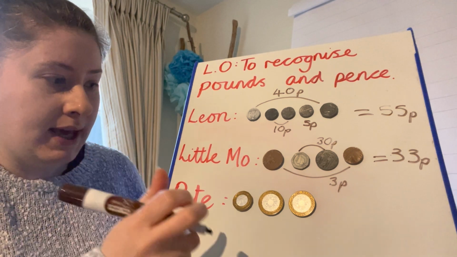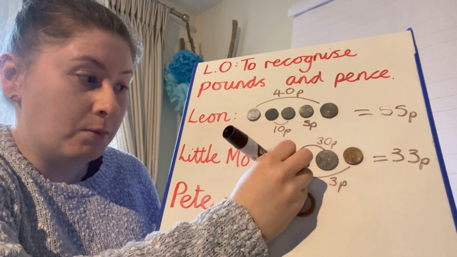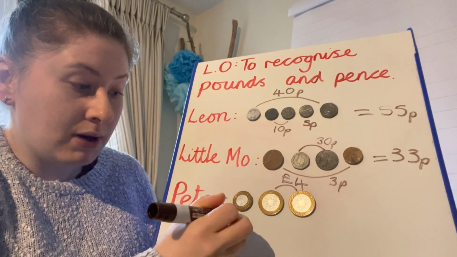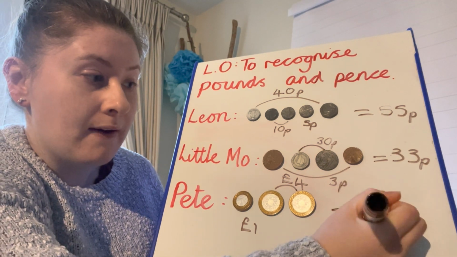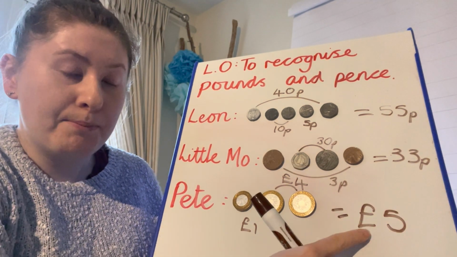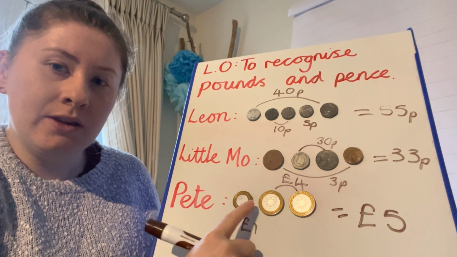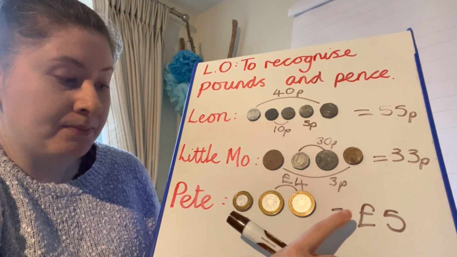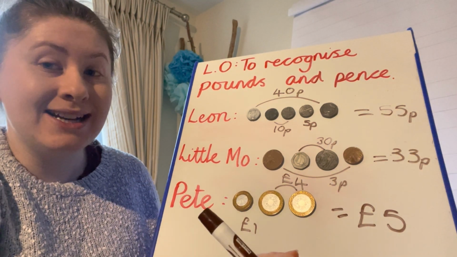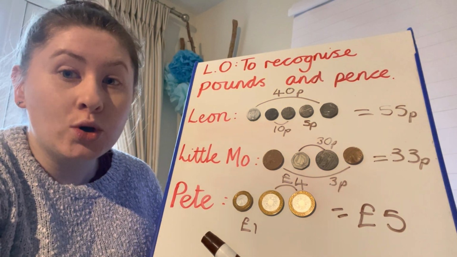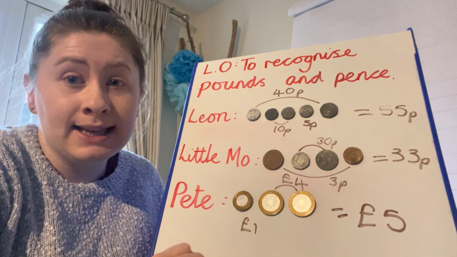So I know that 2 add 2 would be £4. Add on my extra £1 equals £5. And I use my pound symbol. So actually, even though there's less coins, Pete had the most money and little Mo had the least. So it's really important that we look at the value of the coins, not just how many coins there are